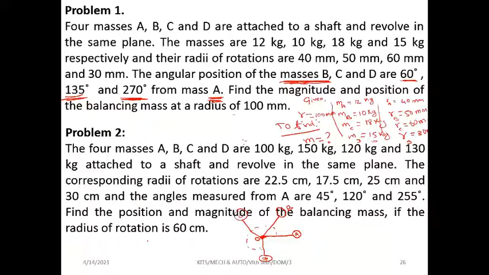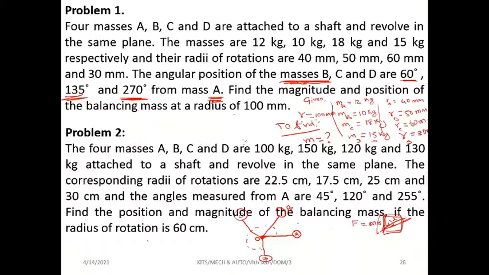In the question they didn't give the speed value. Actually, force is equal to m r omega square. That is the formula. But since they didn't give the speed value, we cannot find the omega value. For all the masses A, B, C, D, and even for the resultant masses, the omega value is the same, so we can neglect it. Now what else do we have? We have F equal to m r.